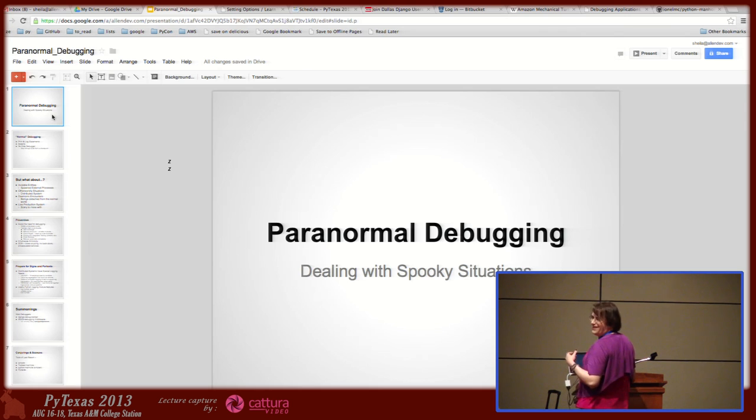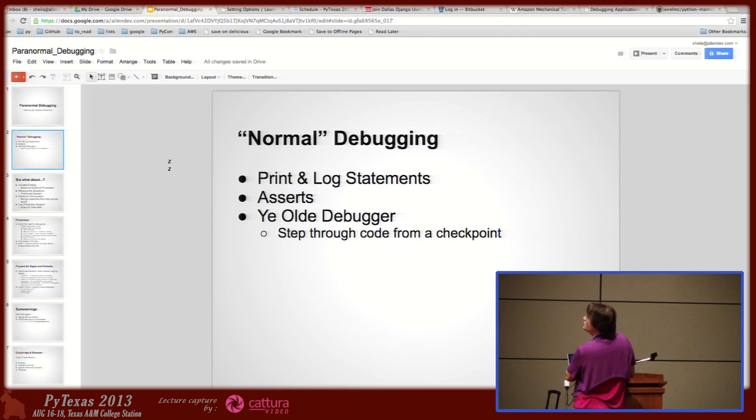So the sort of normal debugging situation is, you've got your print and log statements. In fact, there have been lots of talks about this earlier today. You've got your debugger, Wing IDE, PDB, etc. Most of you have tried those. But